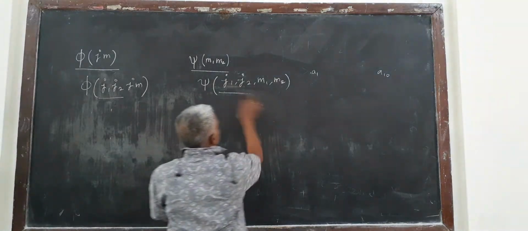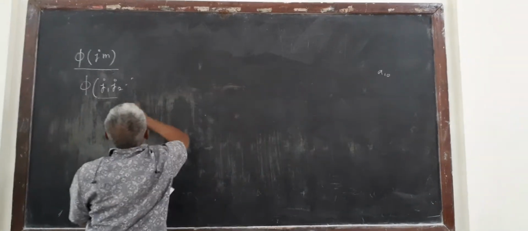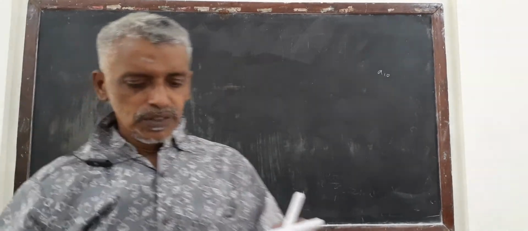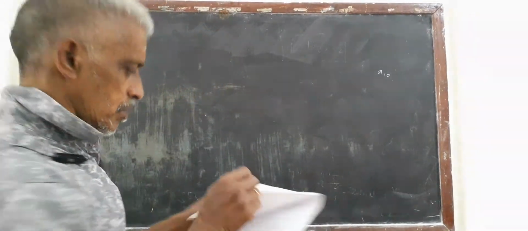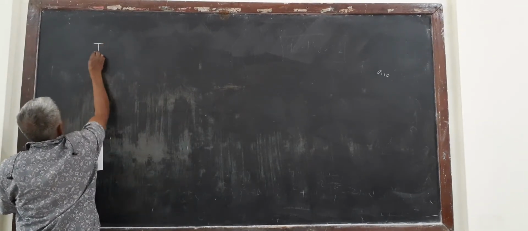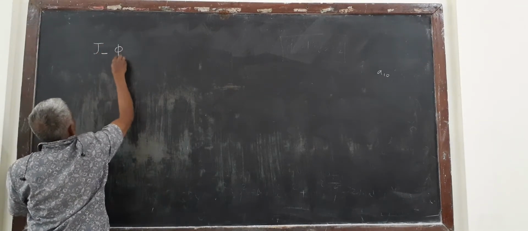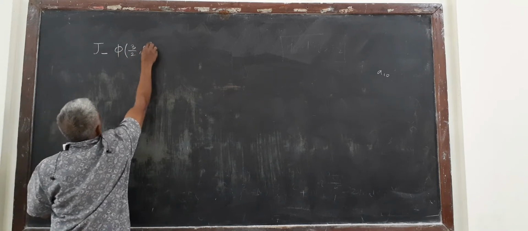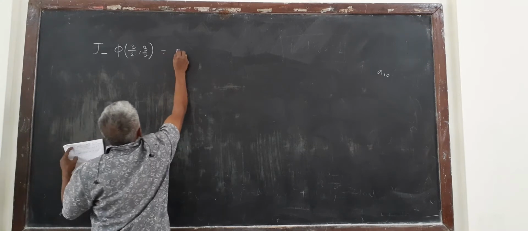By having these things, we go for the starting point again, that is J minus 5 D by 2 D by 2 is equal to